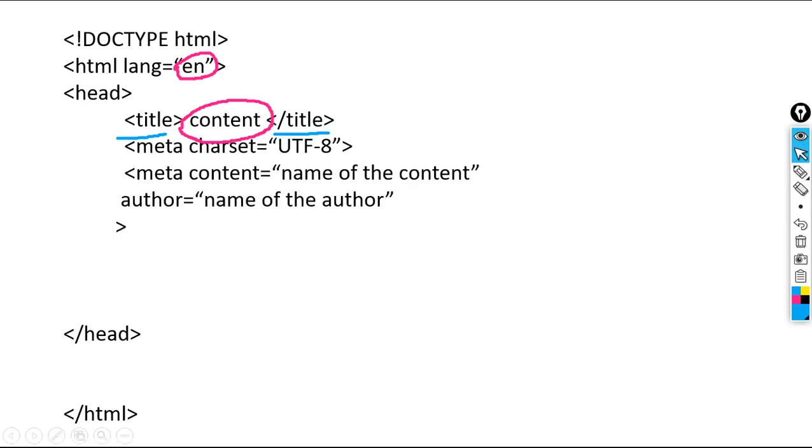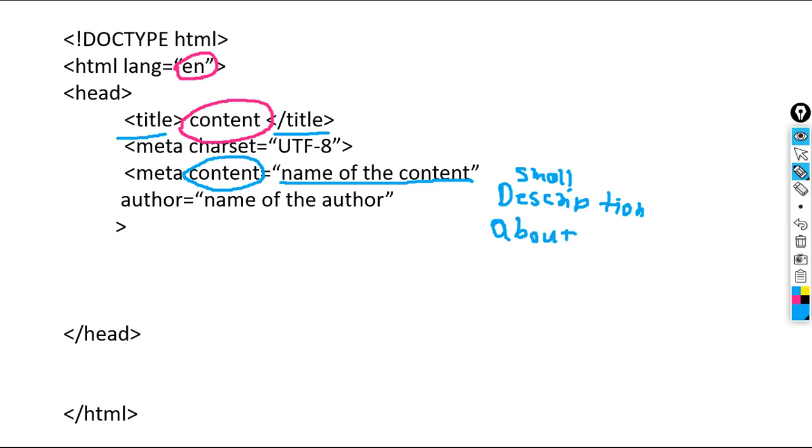Now, meta content, name of the content, author, name of the author. What is this? Here the content attribute will have the value name of the content, meaning a small description about the content.